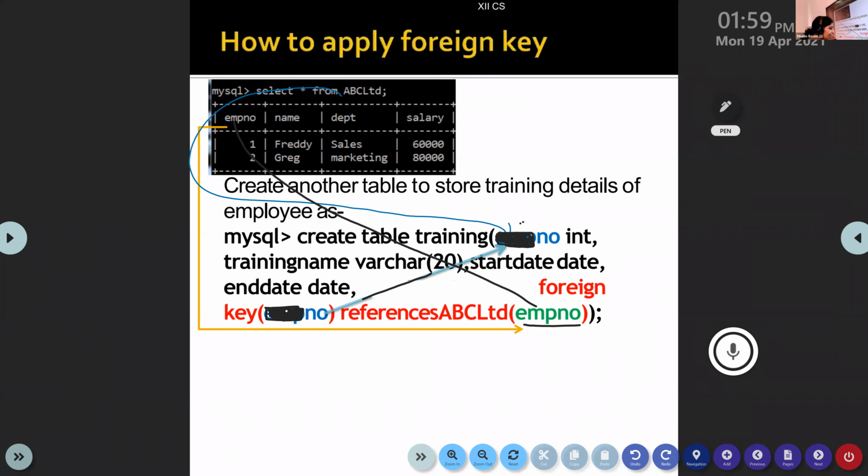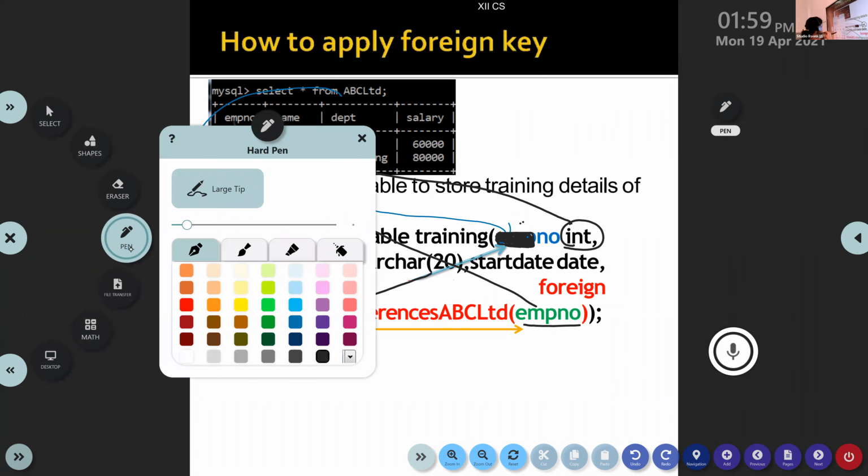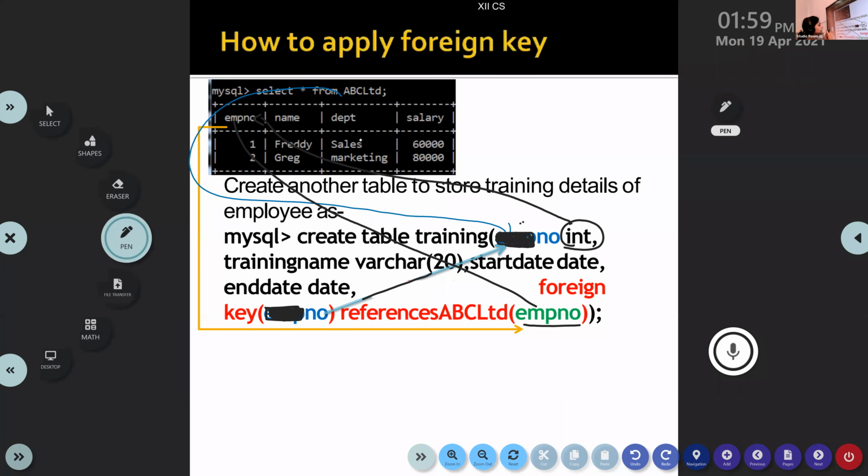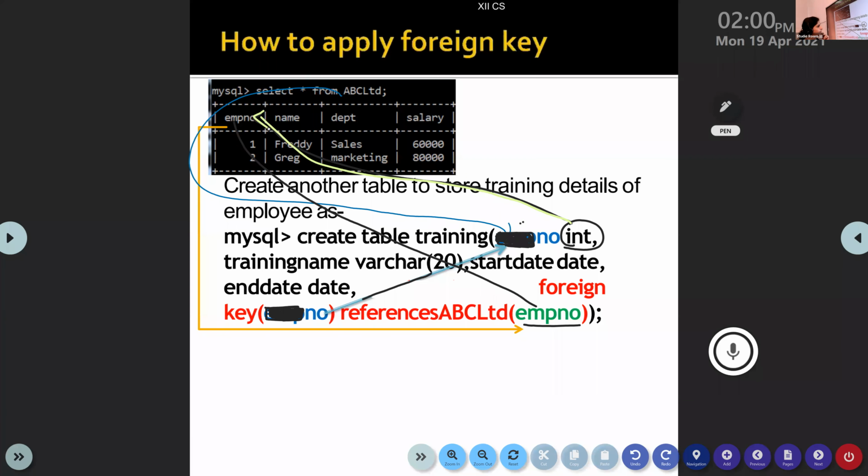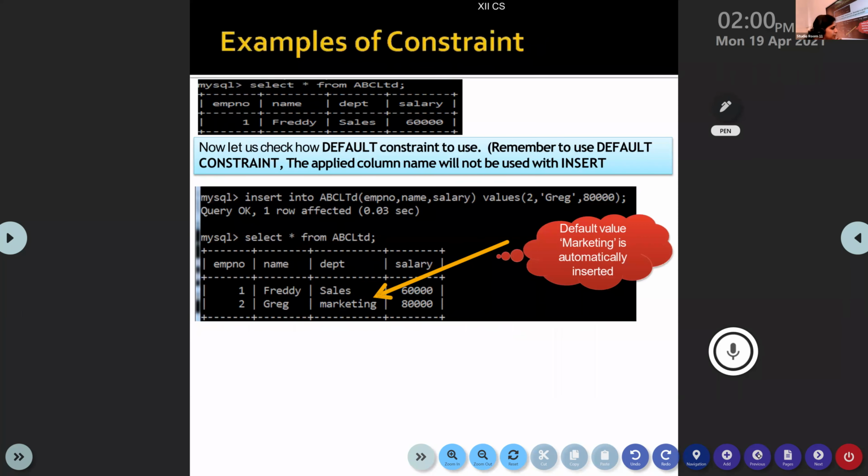This should be exactly the same column name as in the other table. And when you create the column, it should have the same data type. This data type and this data type should be the same. In the creation of ABC Limited, see the data type, what is it?